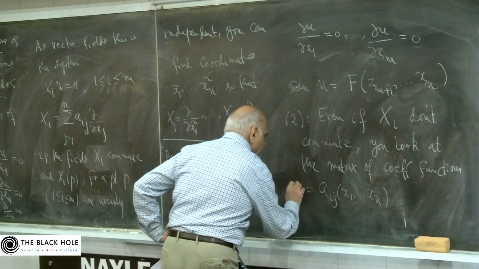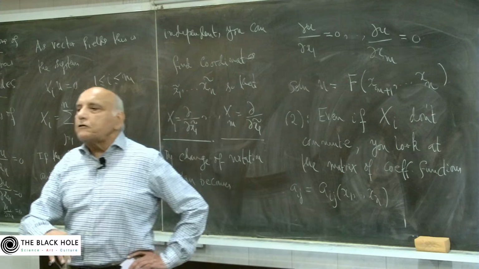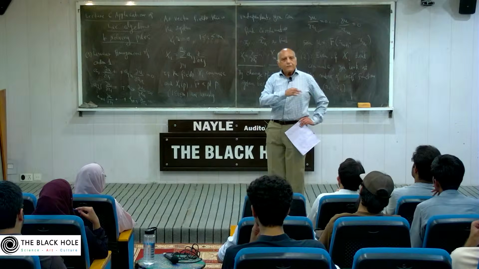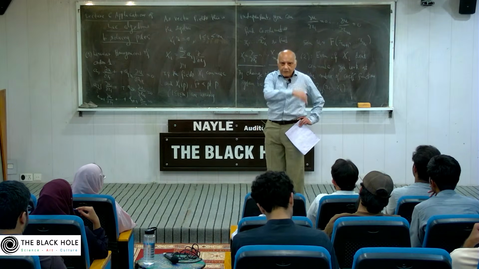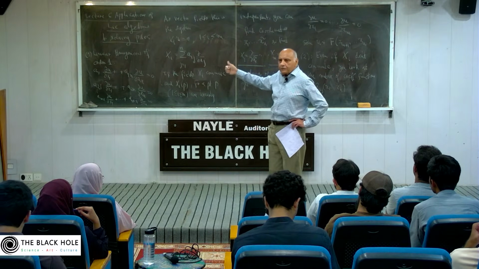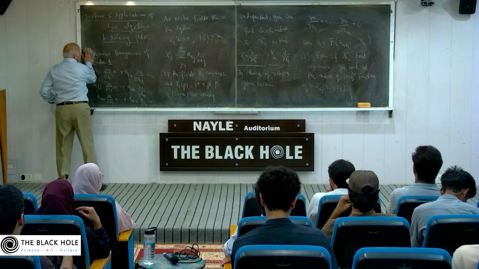And you take the reduced row echelon form. Okay. So if you use the reduced row echelon form, you will get some new fields and they will always commute and the solutions of the original system are the same as those. So every linear system can be reduced to a commuting system. It's very surprising, right? And I'll show this to you next time,